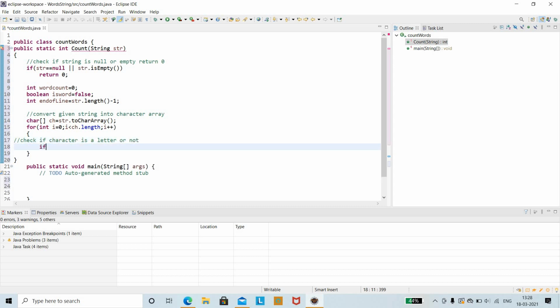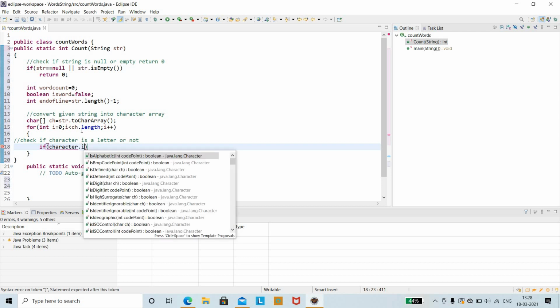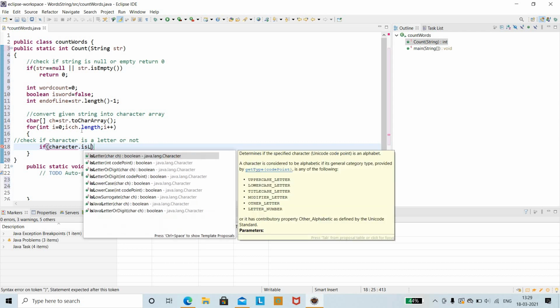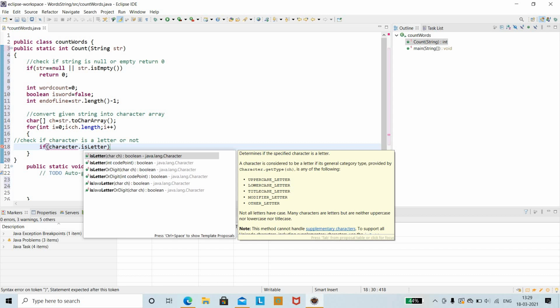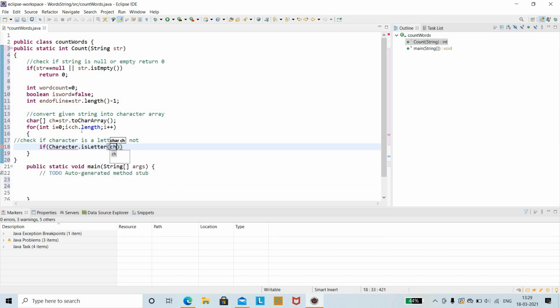For that again we need to consider an if statement. So if, then followed by Character.isLetter of ch of i, because you need to check for each character, starting from 0, 1 till the end of the string.